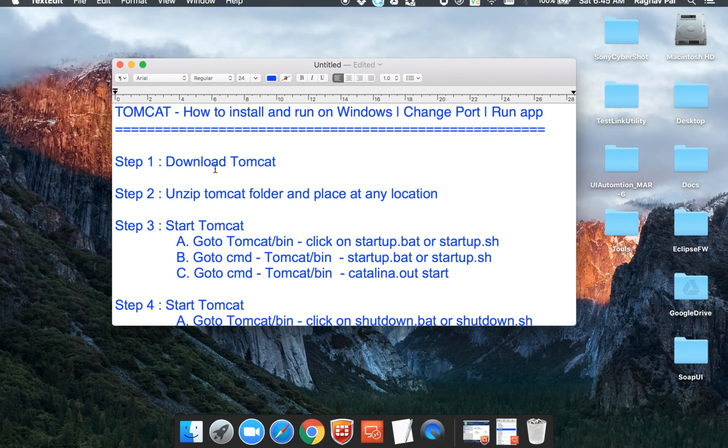So this is how you can do it. This is what you can do for Tomcat on Windows to install and start running.